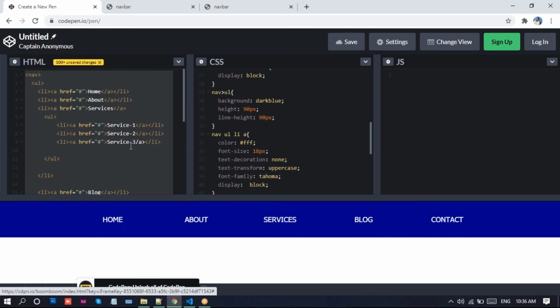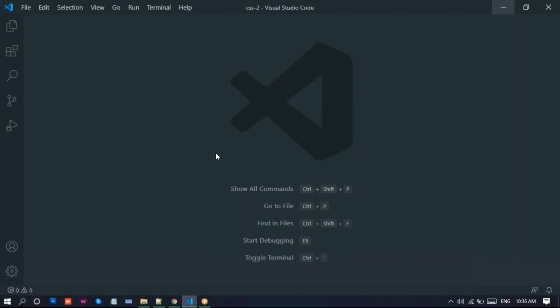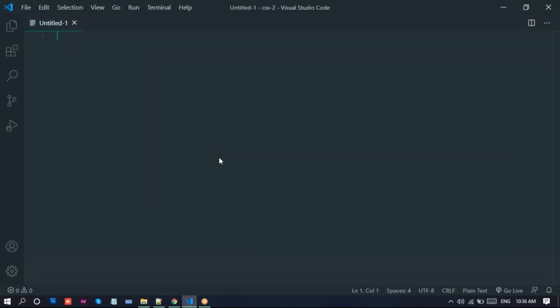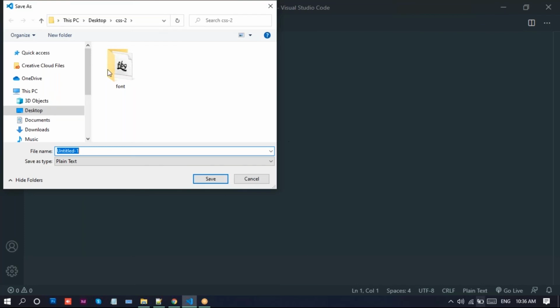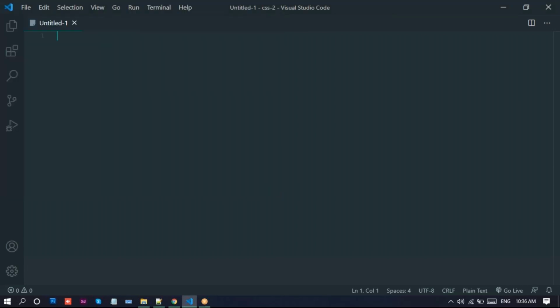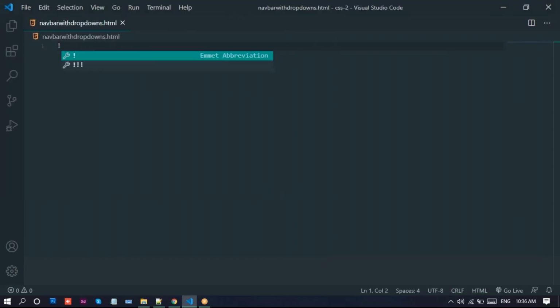See here, I'll copy this one. Now go to Visual Studio, create a new program. We can save this file as navbar with hover drop downs.html.